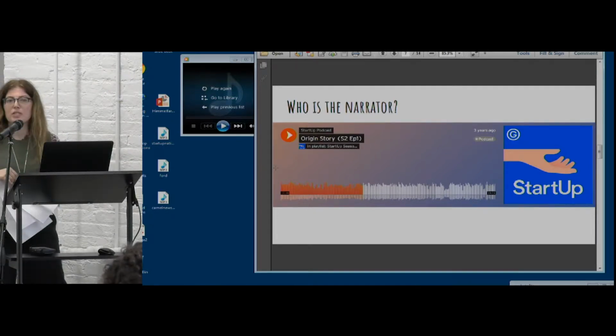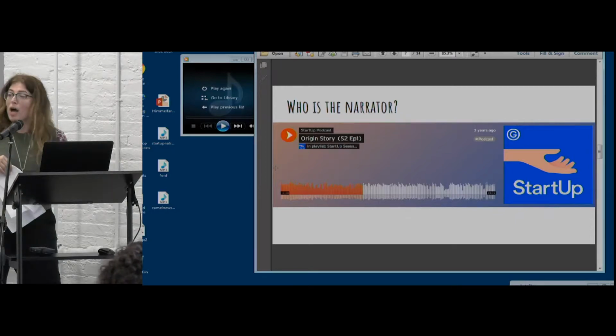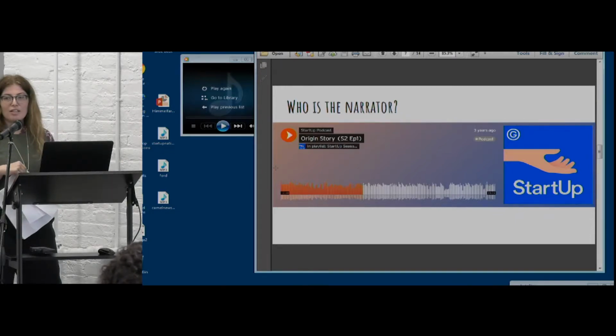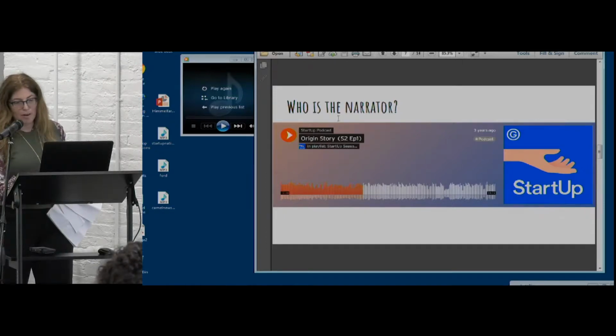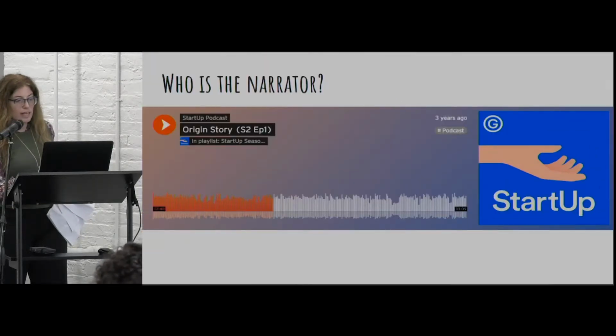Besides just saying it, while you're listening to it, it's the background music, it's the intro music, so it's the startup music. They do use it elsewhere in the show, but if you're listening to the regular story, you're not going to have the background music, and that's how they've done it. I'm just going to show you sort of like in print.